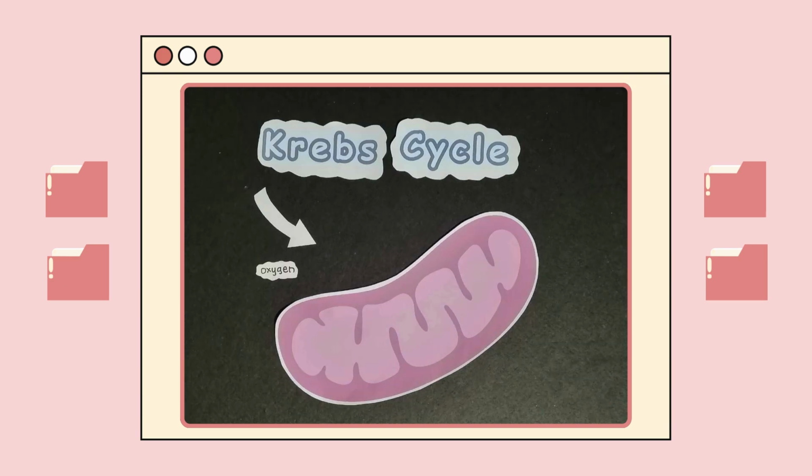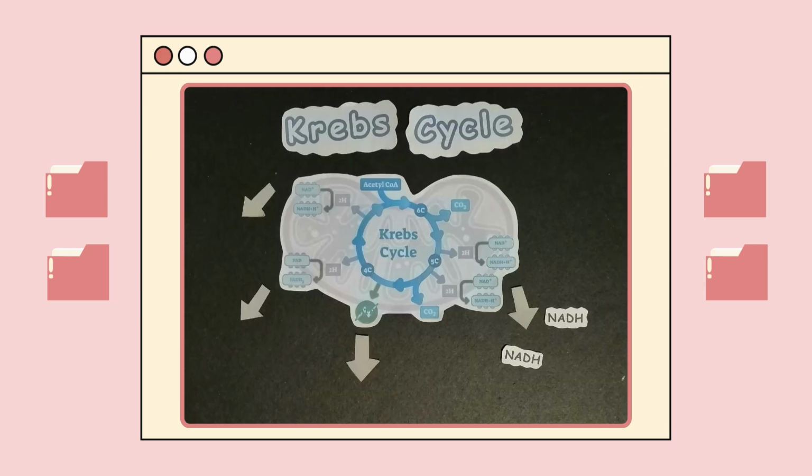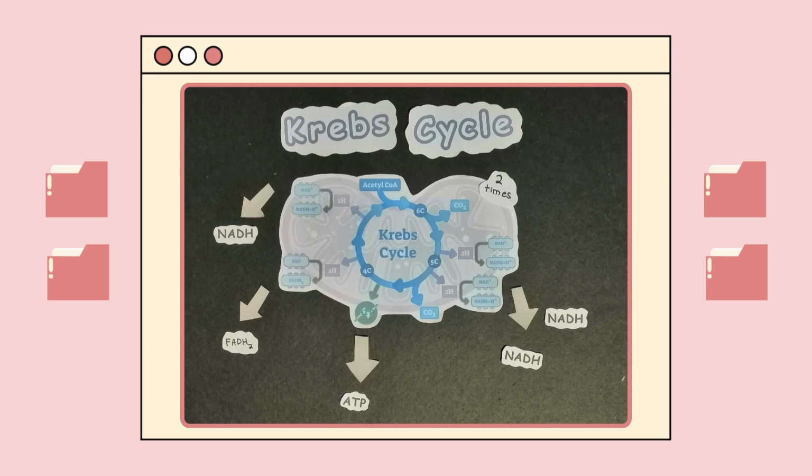The Krebs cycle is also known as the citric acid cycle, which takes place in the mitochondria and requires oxygen. It is the second major step after glycolysis. The acetyl-CoA combines with oxaloacetate to form citrate, going through a series of reactions that releases carbon dioxide, generates ATP, and electron carriers. The cycle's main job is to produce energy-rich molecules and electron carriers that help create more ATP in the cell. In this process, it produces 3 NADH, 1 FADH2, and 1 ATP.